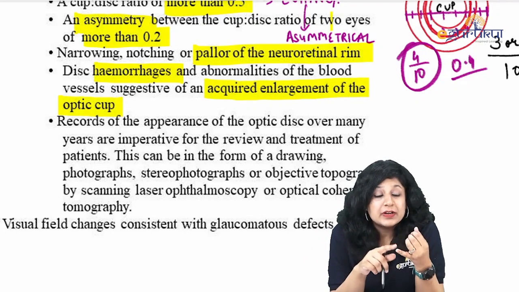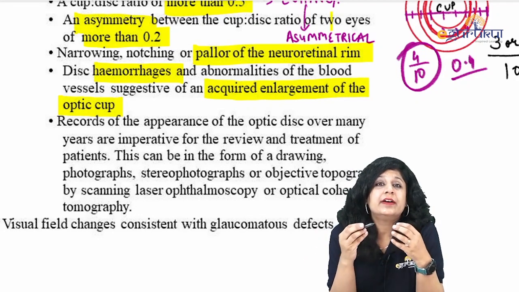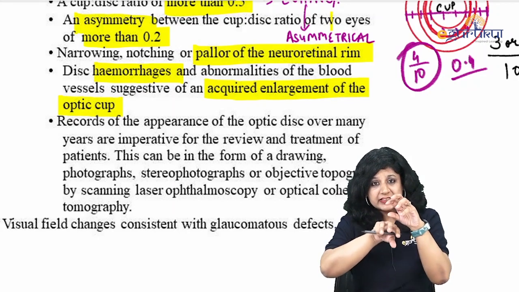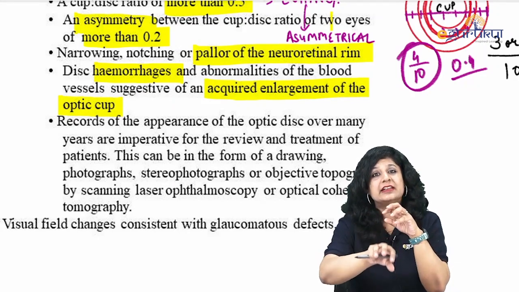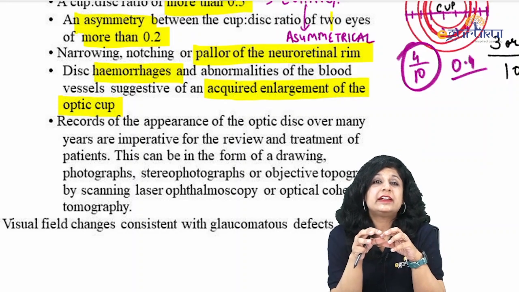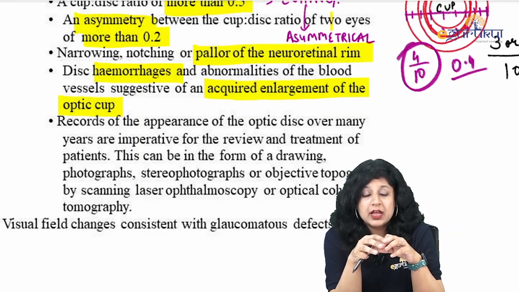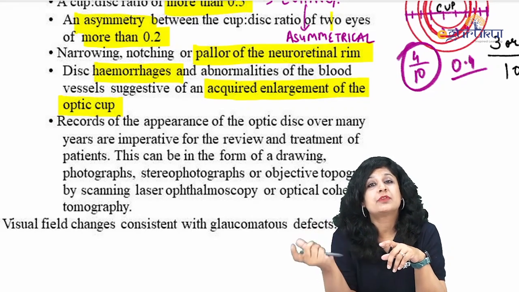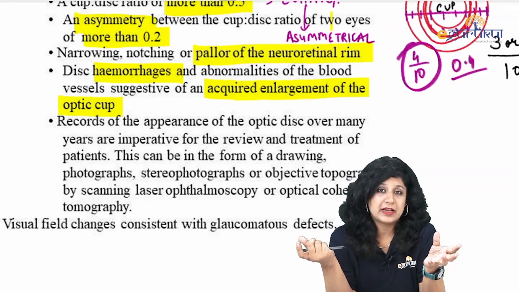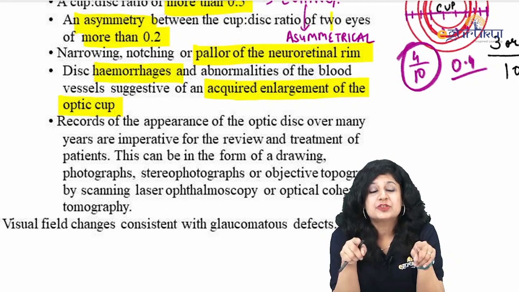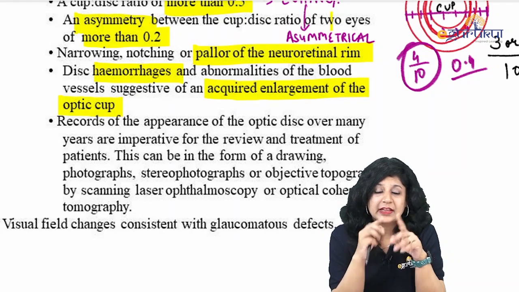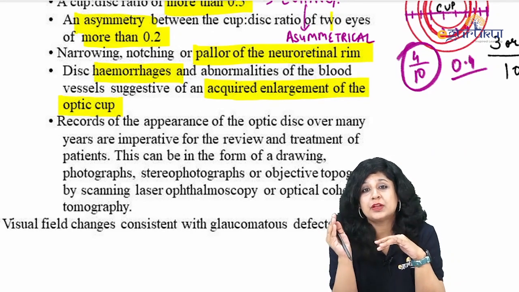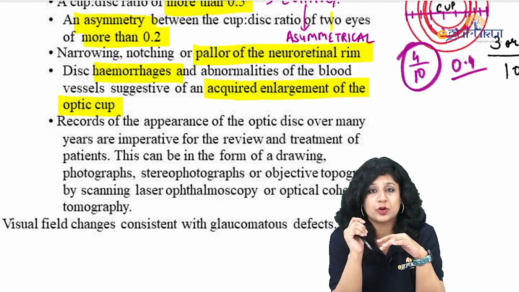So we have got vertically oval cupping, and because cup looks as if it is engrossed deep inside the disc, that is why ultimately it leads to the cavernous optic atrophy. And one of the causes of the enlargement of the blind spot is also considered to be open angle glaucoma. Now what is enlargement of the optic disc? Let's talk about this, though it is from neuro-ophthalmology, but it is also associated with glaucoma.